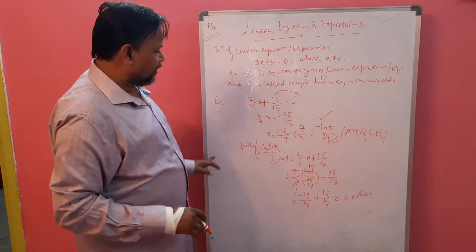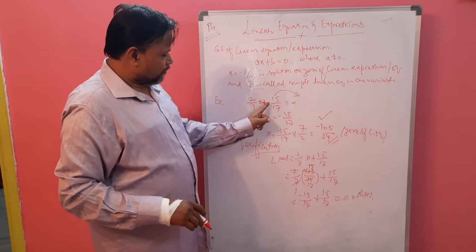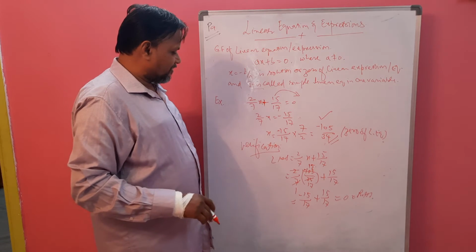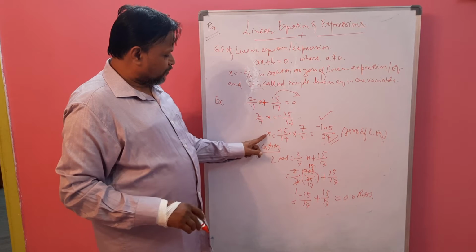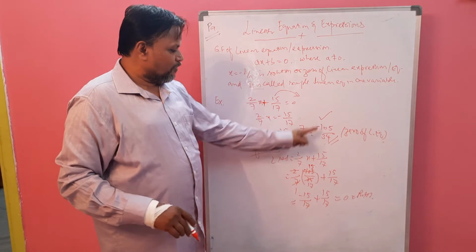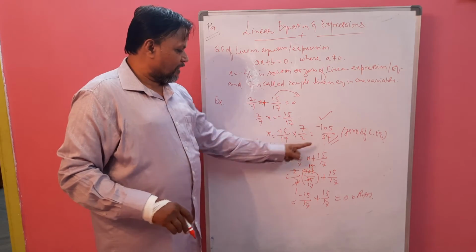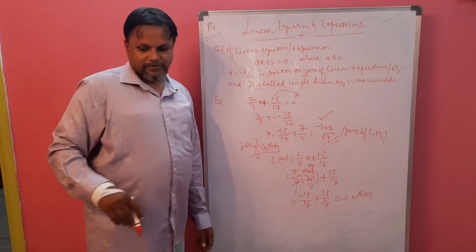Like that we can solve a number of questions using this. Move the constants, move the coefficients, and you will get the value of x, where the coefficient of x should be 1. Whenever the coefficient of x is 1, then the whole value of x is known as the zero of the polynomial.